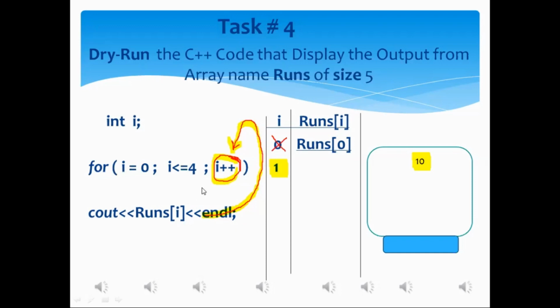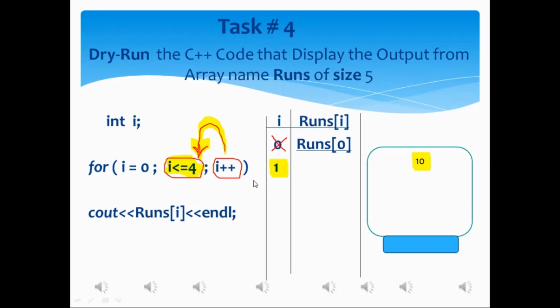Yes, sir. Okay, after the execution of the increment statement, my dear, within the for loop statement, the control of execution will be shifted to the condition statement. And what is the condition? I is less than or equals to 4. What is the current value of I here? 1, sir.